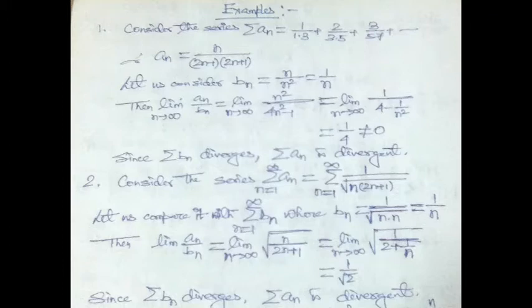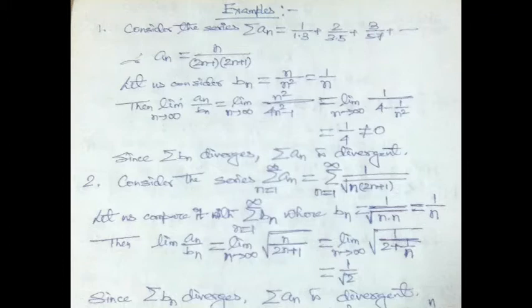So let us consider another series with the nth term b_n equals n by n square, that is 1 by n. Why have we chosen b_n as n by n square? Because notice in u_n the numerator is a linear term, but in the denominator there is a second degree term, that is n times n square. Therefore I have chosen b_n as n by n square, that is 1 by n.